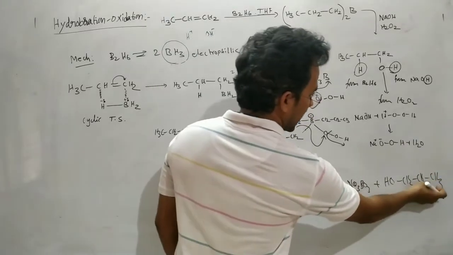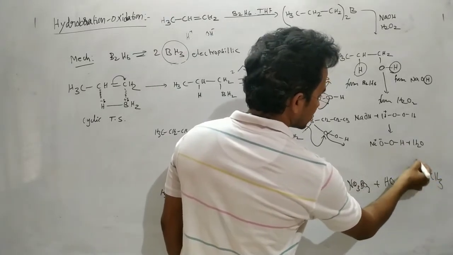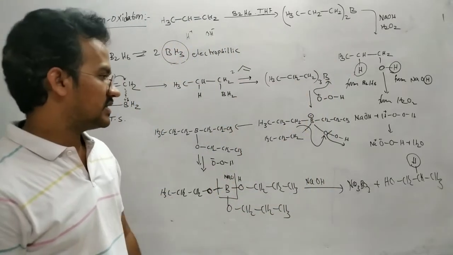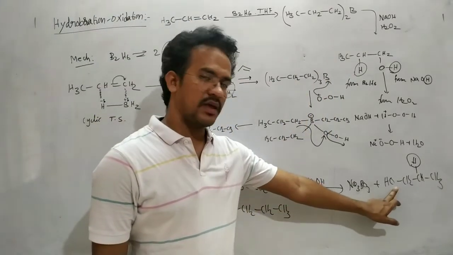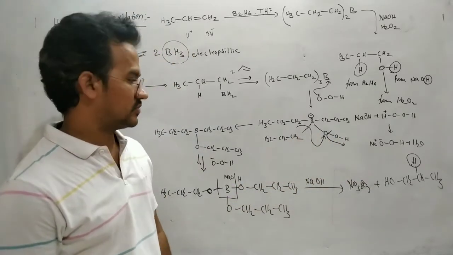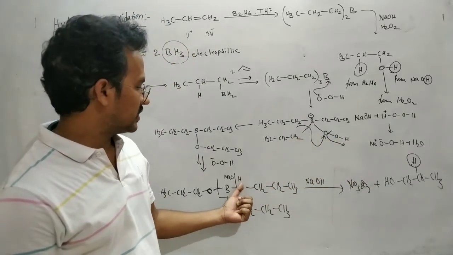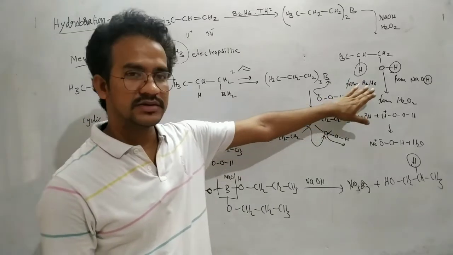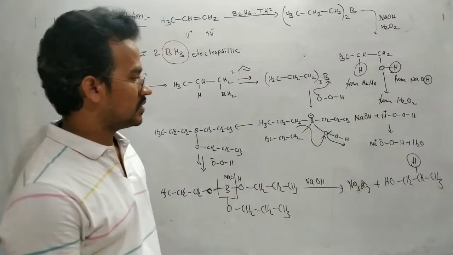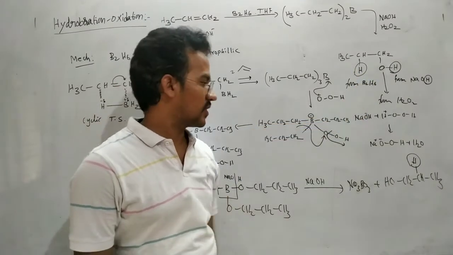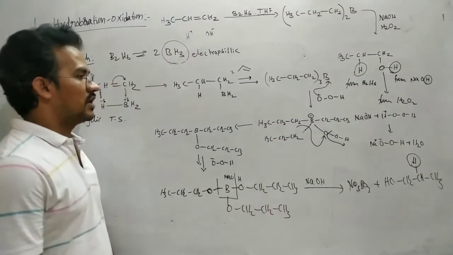That means the hydrogen on this carbon comes from the diborane molecule, as we can see from the mechanism. Next, the oxygen in this alcohol comes from the peroxide, H2O2. And the hydrogen on the oxygen comes from the NaOH. So that's why I have written it like this. Of course, these points can be useful for advanced level chemistry. So that is the mechanism of the total reaction.